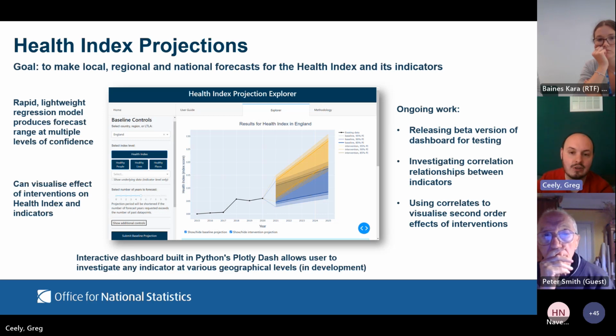Our aim is for this model to show how changing one aspect of health will impact others, how that would have different impacts on different parts of the nation, and how changes could affect health overall. And of course, this is very closely linked to the causal inference work I just described.